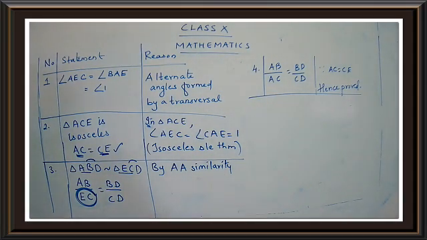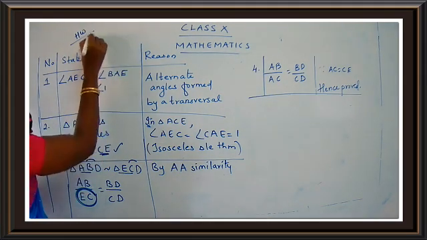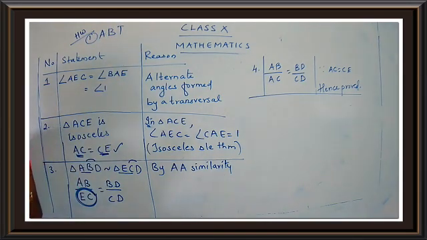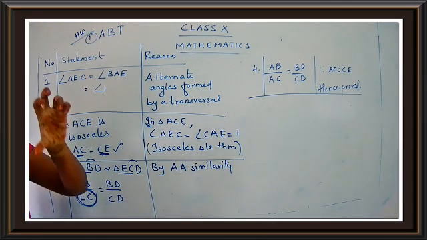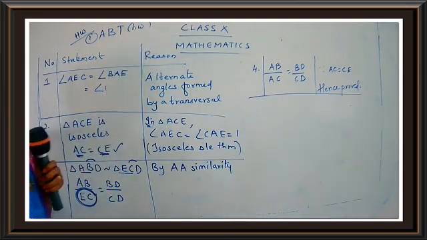Write down the homework. Your homework is to write the theorem. Okay, first, ABT, I'm just writing the short form for it: angle bisector theorem. So you are going to write down the angle bisector theorem first. First time, you will be just writing it down for the homework part. This is your homework.